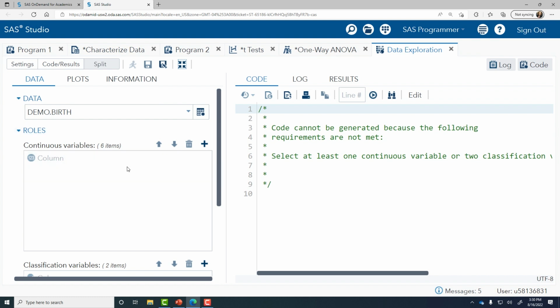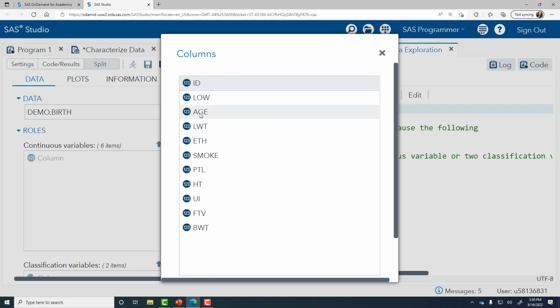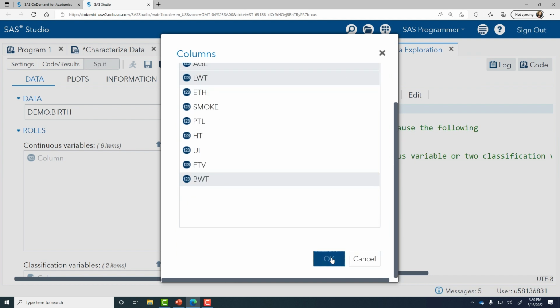This data exploration is going to focus first on the relationship between continuous variables in the dataset. So I will specify the 3 continuous variables that we have. That's the age of the mother. I'll hold down the control key in order to select multiple variables, the birth weight of the baby, and also the mother's pre-pregnancy weight. And I'll click OK.